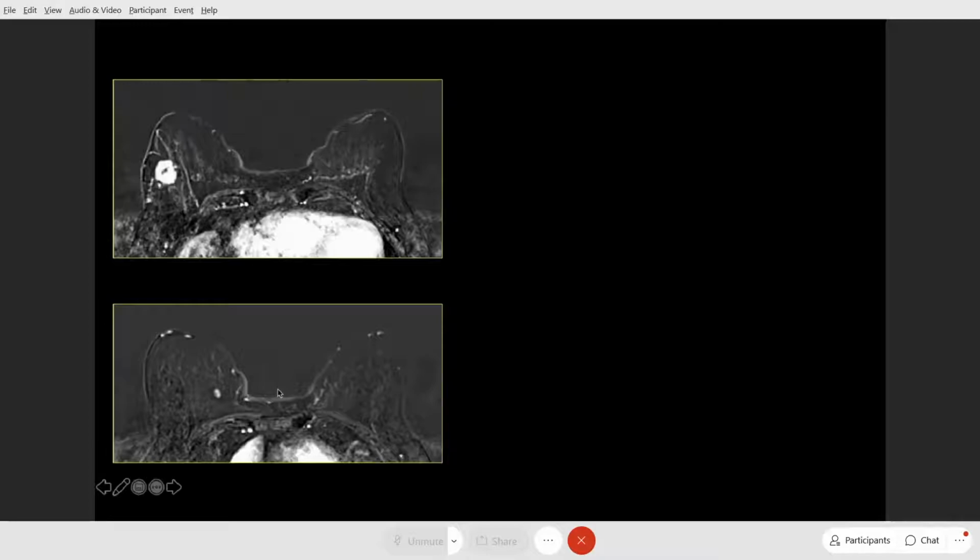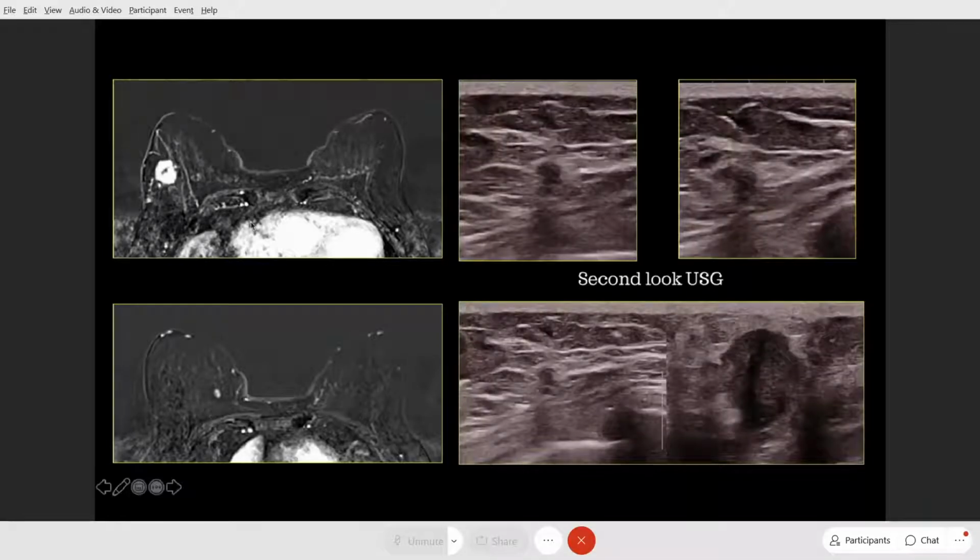And you can see another small enhancing mass in the inner quadrant. The lesion was in the outer quadrant, the index cancer, and we picked up a small additional focus in the inner quadrant. We did a second look ultrasound, and we could pick up this little one in the inner quadrant. If you see on the dual mode, it is very, very similar to the opposite breast. In fact, I agree that this lesion was picked up on mammogram. There is no big change in the management, but it is way easier to do a biopsy under ultrasound guidance, which is much more convenient for the patient, cost effective for the patient, and also convenient for us.